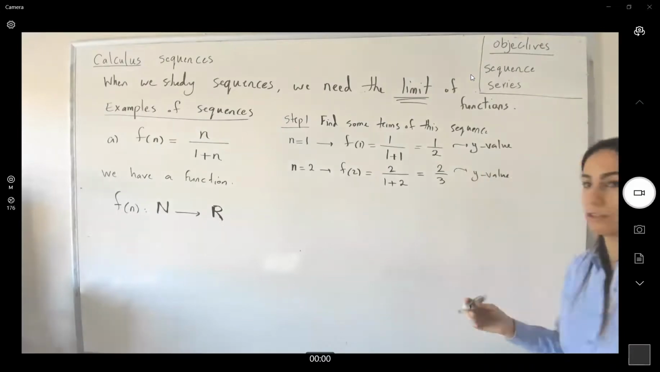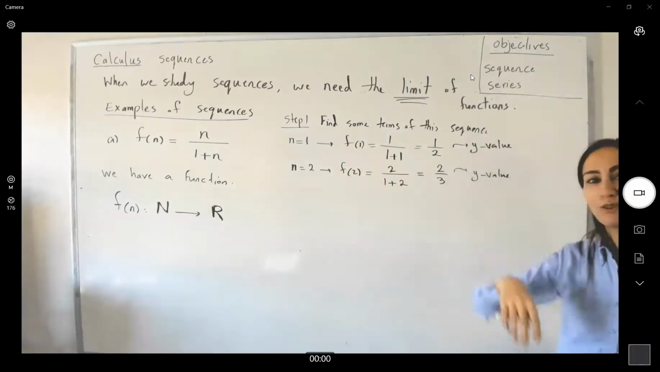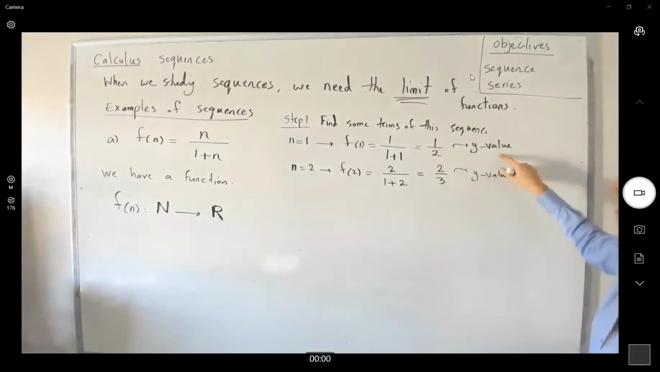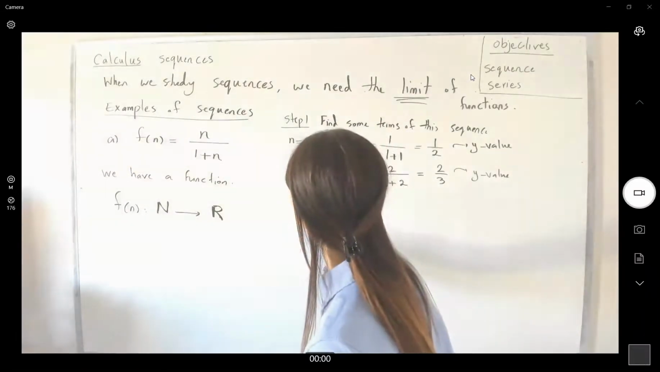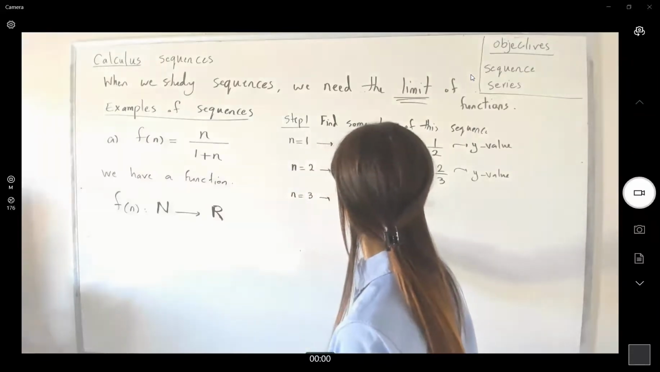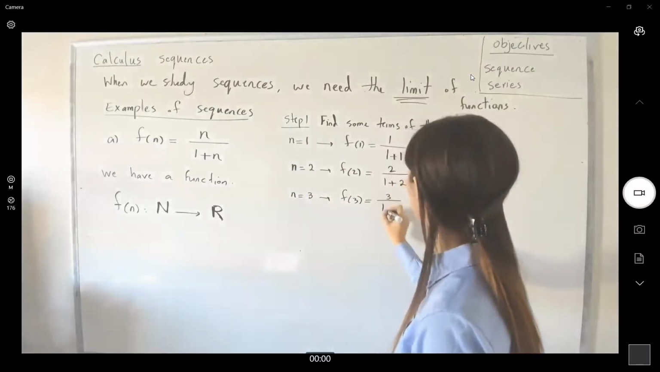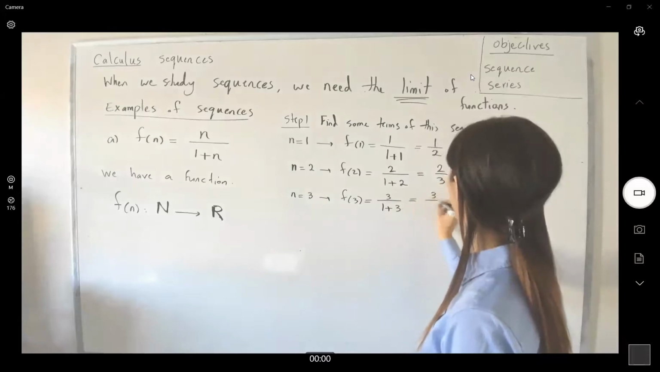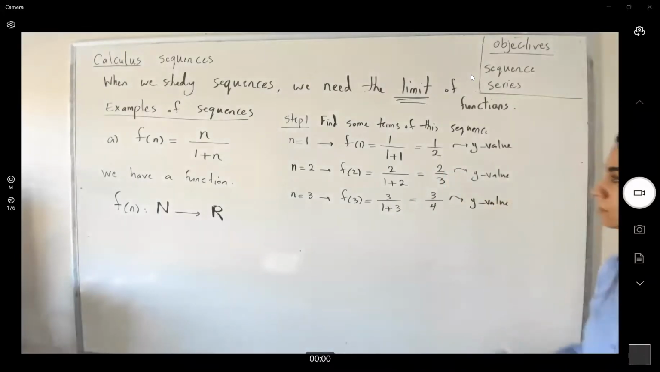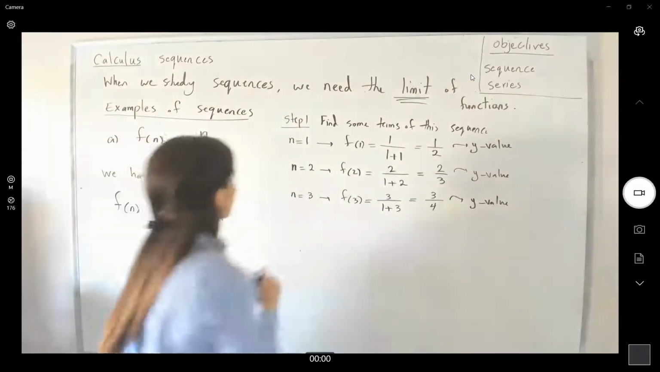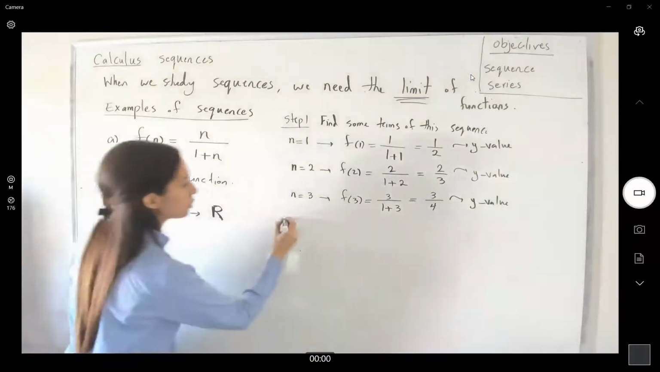So see, we're just plugging x values, n values, and then we find the y values. N is equal to 3. You get f of 3, which is equal to 3 over 1 plus 3, which is 3 over 4, another y value. Well, you continue this process. This is your step 1. Step 2,